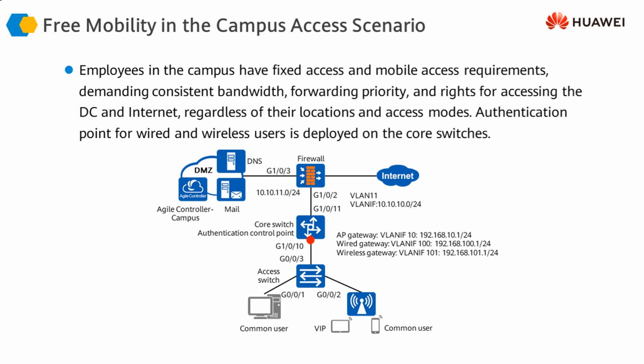As you can see, there are different devices involved in implementing the solution. We have the access switches, and we have the core switches, which are the policy enforcement point. Then we have the firewalls, which implement the policies along with the core switches, and then we have the agile controller, which is used for defining the policies and for implementing the policies for different users. Let's take a look at the configuration steps and the configuration on different devices.